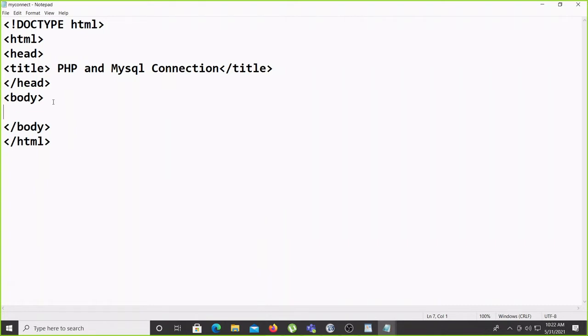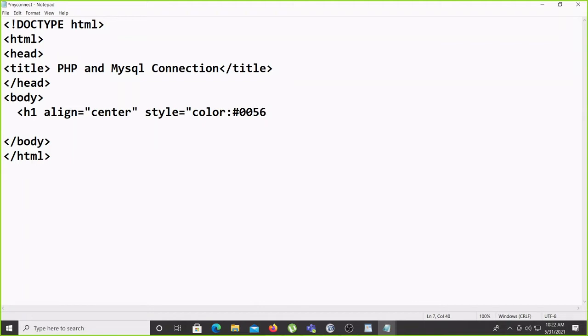Now inside the table I'll display all of the values. For the display, give the heading here like other programs, H1 align center, and a small bit of CSS also: style, color colon, some value will come, we'll see what value is coming.